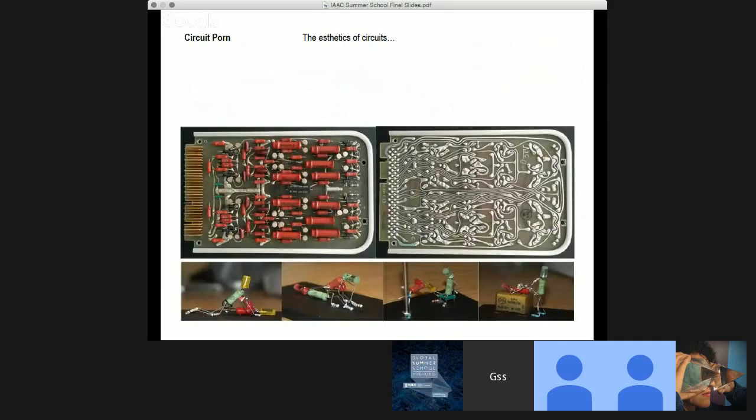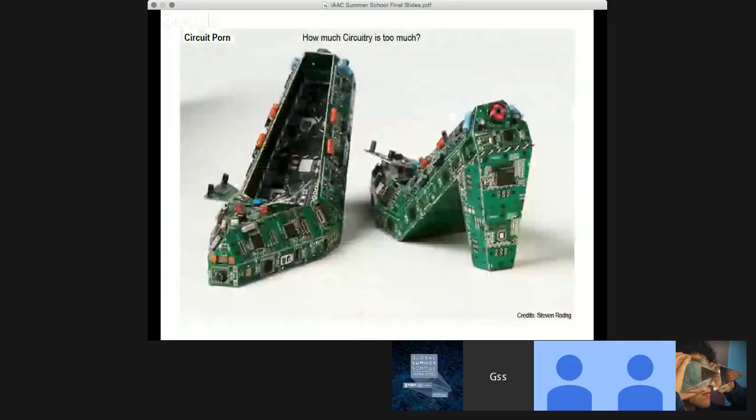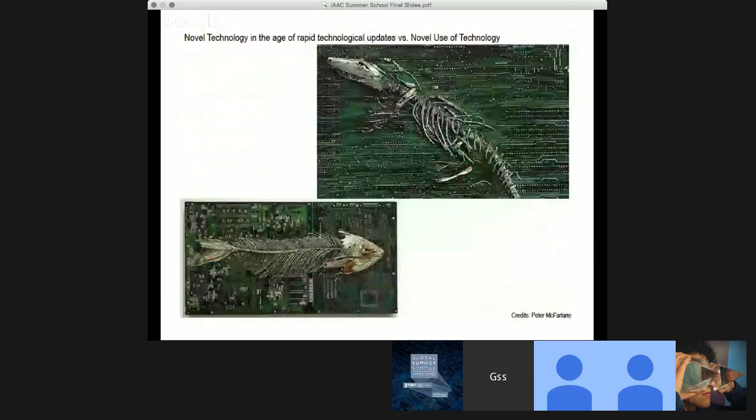Consider Peter McFarlane's circuit board sculptures, which combine a conceptual notion of ancient history with the not so distant past. His circuit board fossils draw attention to our rapidly changing society, where yesterday's technological innovations quickly become obsolete and their remnants thrown into the trash as technology moves onto the faster and better model.